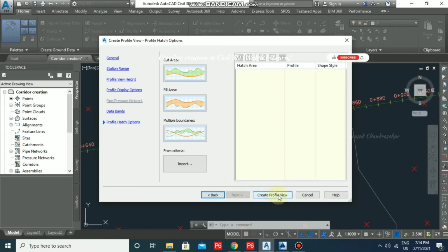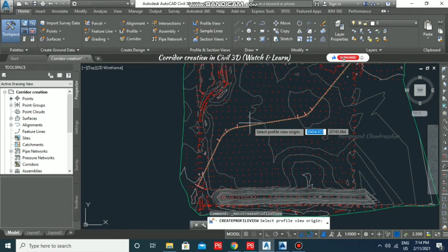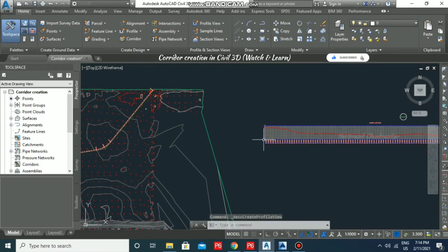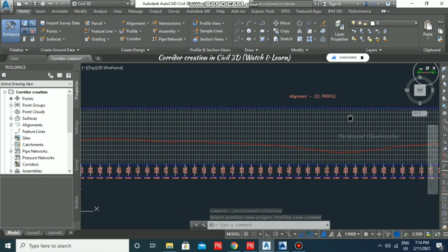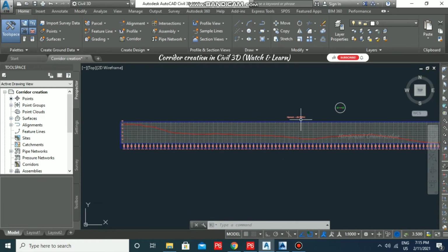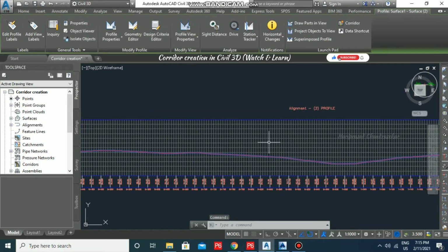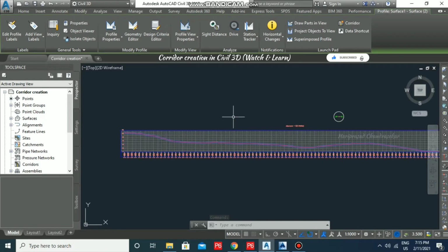So I'm going for create profile view, and I'm just clicking here. See, now we can see this is our profile for the alignment 2. This is our alignment, on the basis of which we are getting the profile.